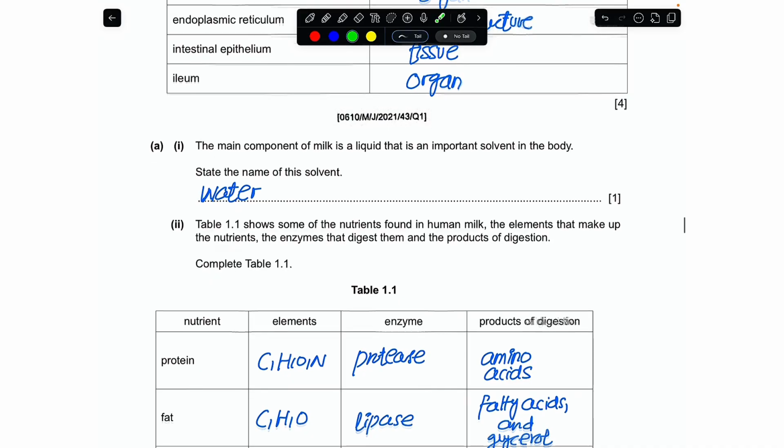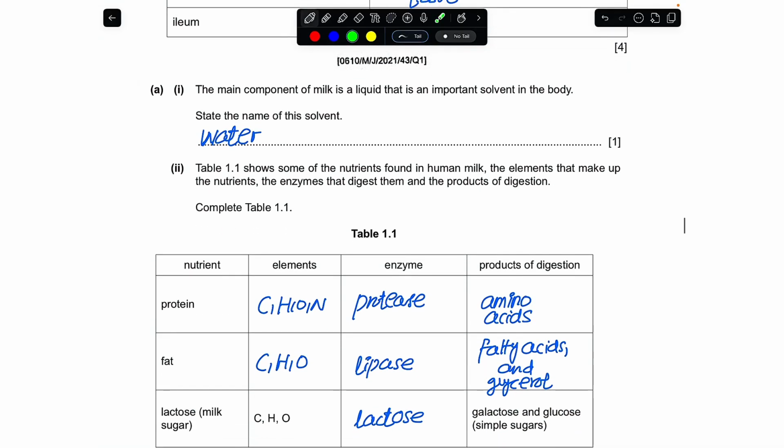If I were to move here, this is coming from May-June 2021. The theory paper variant was 4.3. And for your exam, this was question number 1. Here the examiner was interested to evaluate how good you are with the composition of the biological molecules that you eat, and if they are broken down, what products you would be receiving and what enzymes would be involved. So overall, this is an enzyme related question, but the enzymes that contribute their role in the digestive process